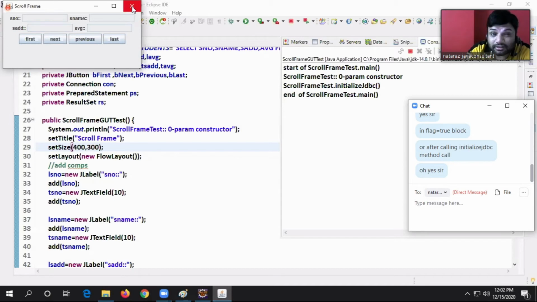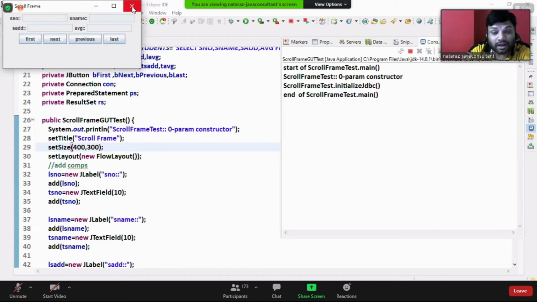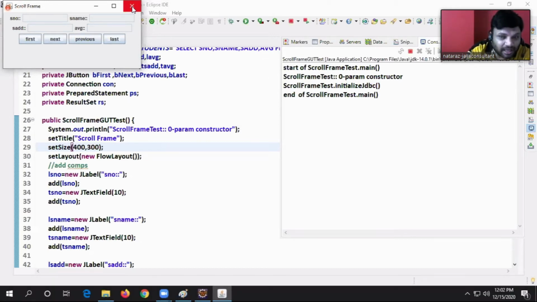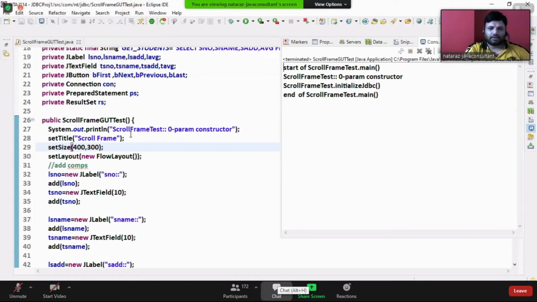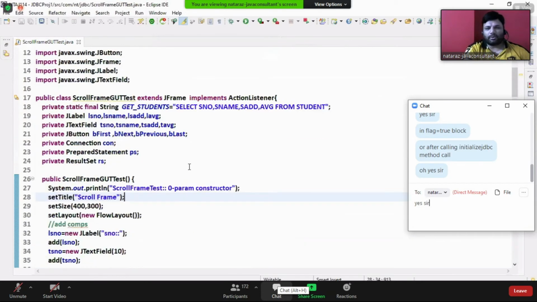When you click on this window, when window is in closing mode, not completely closed, under processing of closing, then we have to think about what? Closing JDBC objects. Is that clear, guys? Are you getting my point here, guys?